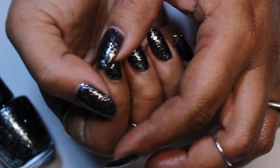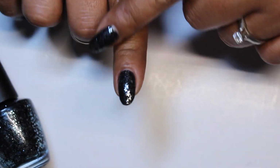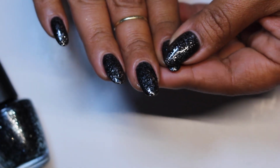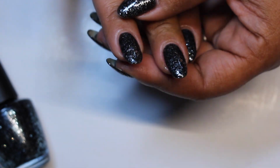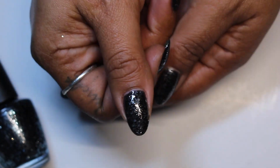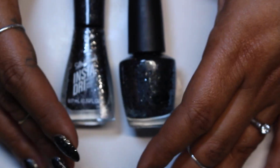And then I tried to alternate nails on my right hand, but I kind of messed up and then forgot what nail was what, and I think I messed it up. The only one I know for sure is that my index is Metallic for Life. This one is a mix of both of them actually. And on my other fingers, I have Powerslide. Definitely not a polish that I would be wearing during the spring, but I really wanted to compare both